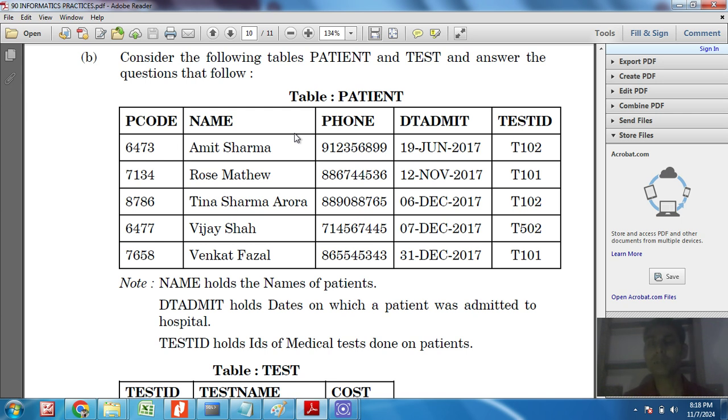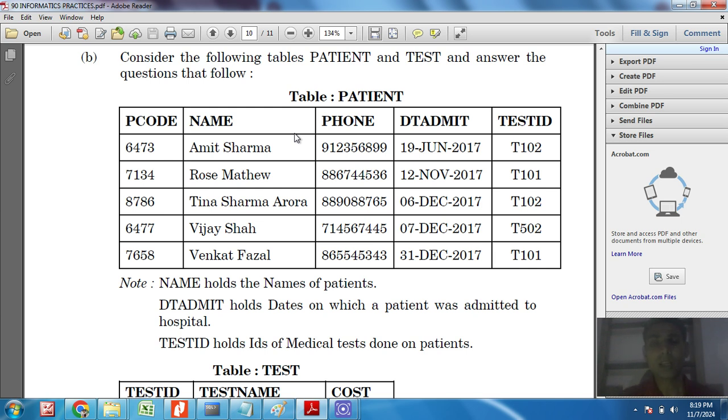We will not just solve that question, but we will try to understand where to use join. Basically, the problem is that after learning and reading a topic, we don't know where to apply it. So here we will learn how to apply that concept and how to use it. For that we are taking an example from a previous year question paper. We will take a practical approach and understand thoroughly how to use join.